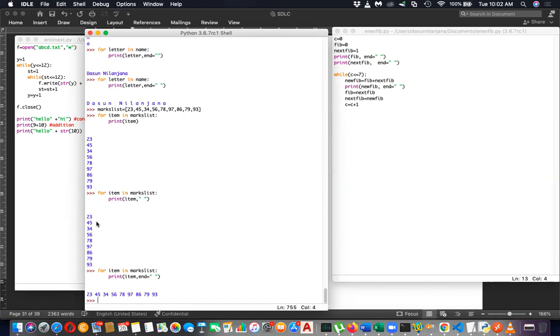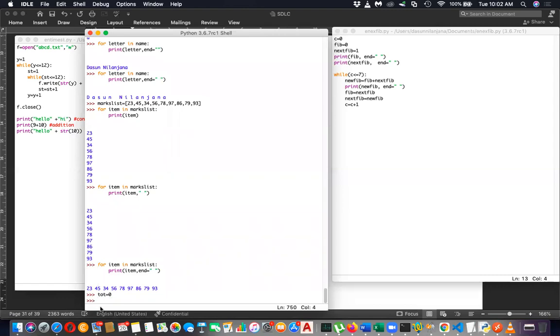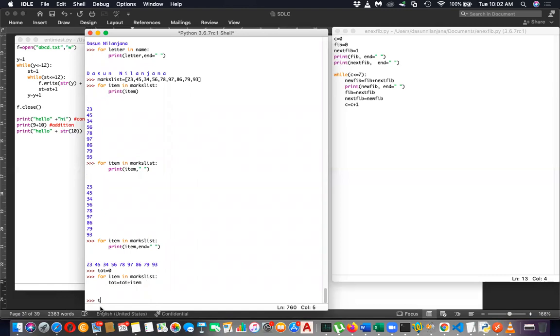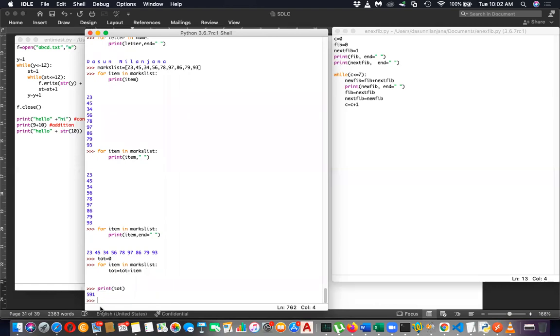Not only printing, you can do various operations. If you want to add all marks, total: let's say total equal initially 0. Without printing, I can say tot equal tot plus the item. Then I can get the total. I can sum them up. Not just printing, you can sum them up. You can do anything iteratively. Iteratively apply anything